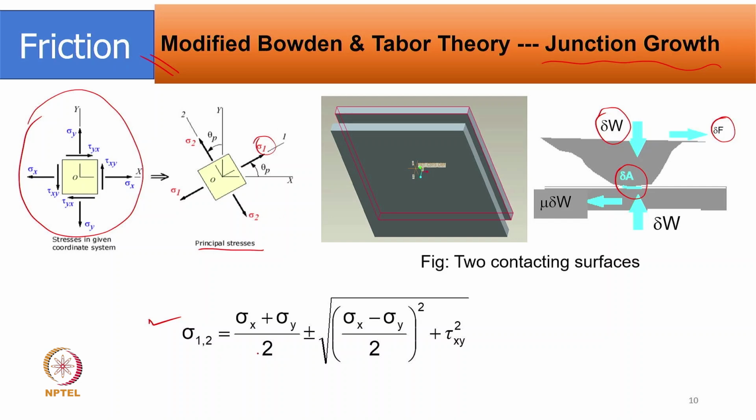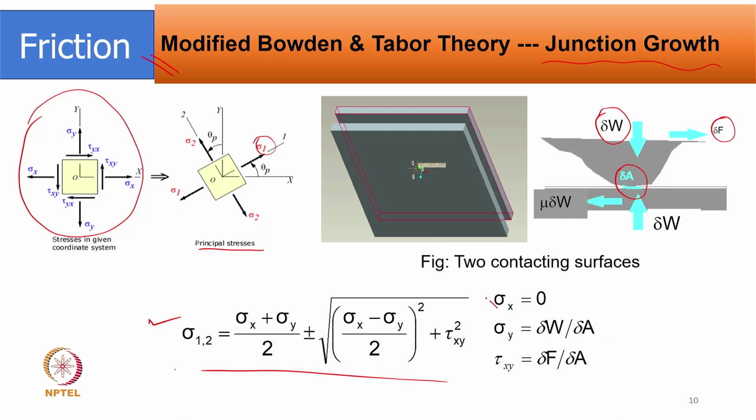Sigma x and sigma y are shown here, and this is a simple relation which we can utilize to solve the friction equation. However, as I say, not all assumptions may be 100% correct, but it gives a feeling of the